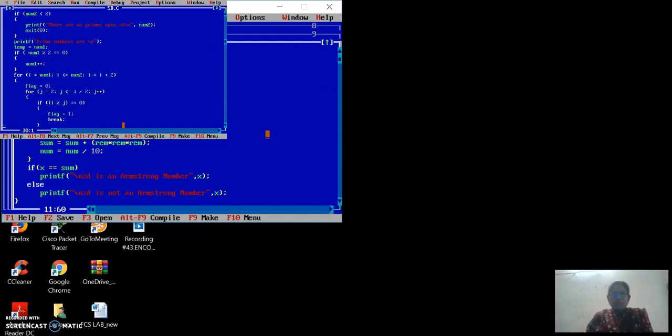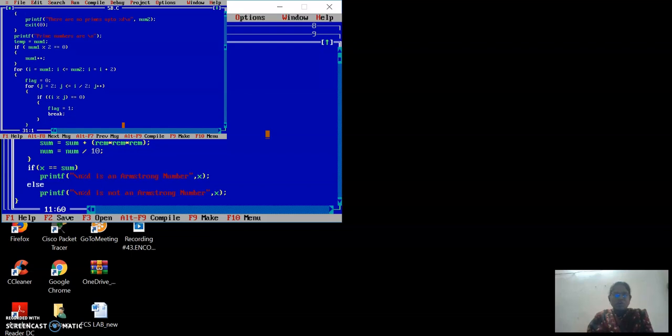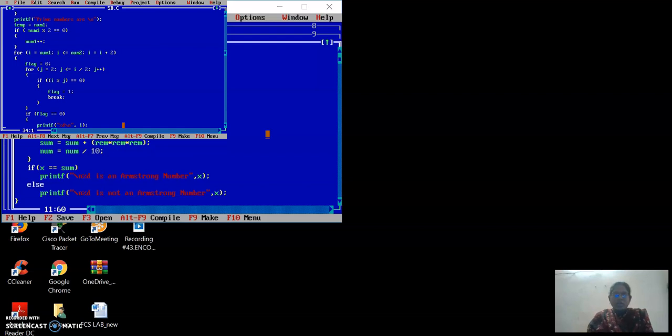every time I am going to keep one flag value. So I am going to check up to half of the numbers here. I am going to divide and get the remainder for each and every number. If that is equal to 0, I am going to increment the flag value. If the flag is not 0, then this is not a prime number, so no need to print that value. If that flag value is 0, then I am going to print the i value, and I am going to increment the count.